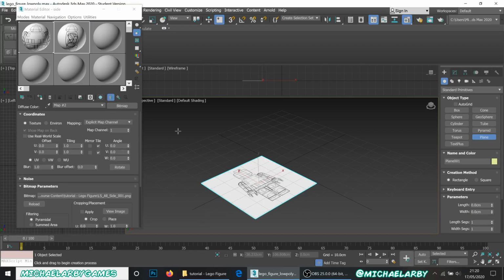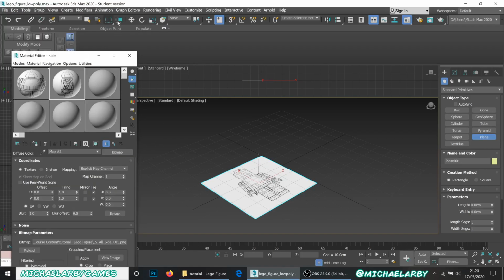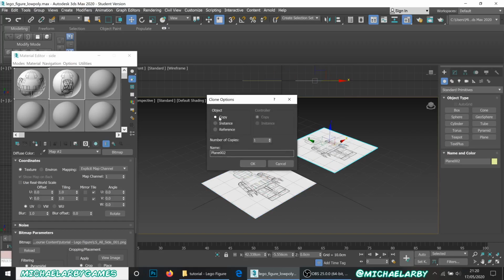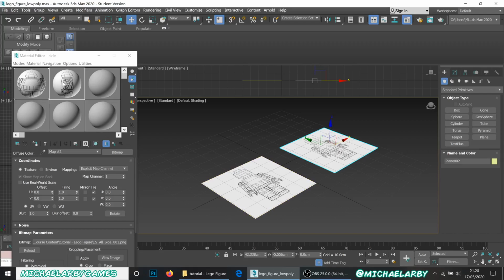just duplicate this plane. I will select my move tool, hold shift to create a duplicate of it, and make sure it's just as a copy. Hit OK, and then I'll just replace that material with the side material. And again, I'll just have to activate my little